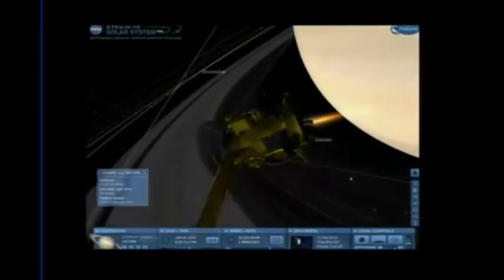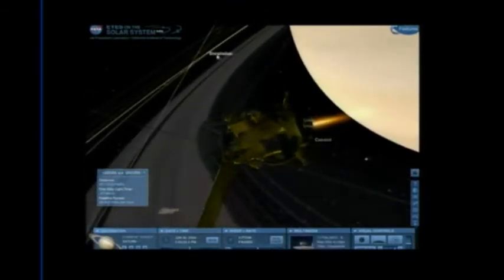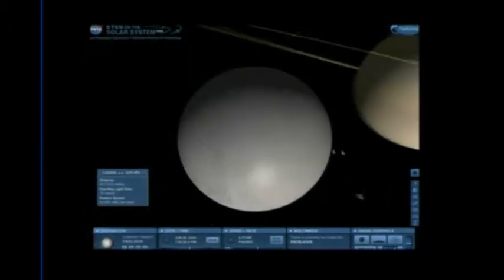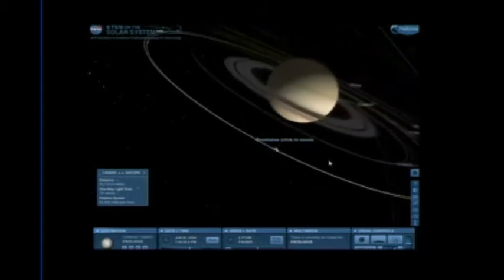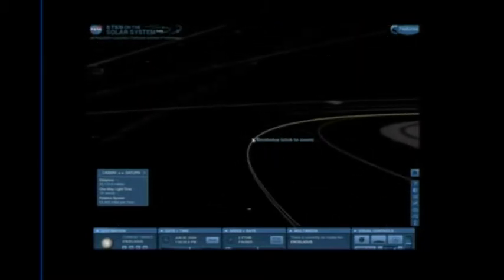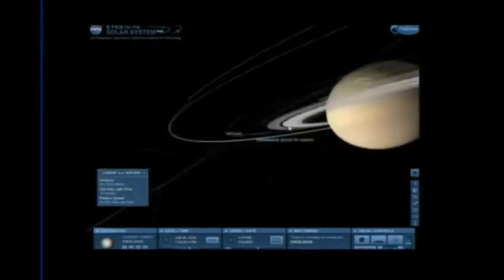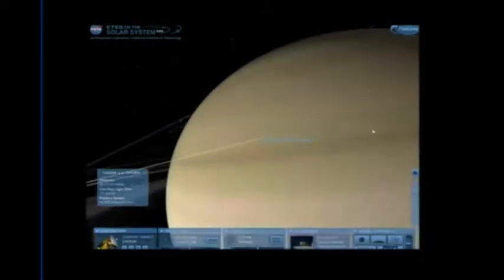And I'm going to pause again. See, now, that's what it looks like from Cassini. But if I was over on Enceladus, what would this whole scene look like? Fly over to Enceladus, look back. I'm just using the scroll wheel to scroll away. And there's Cassini, backing away. You can see, oh, it flew past Mimas, went up over the top, and there it is, above the ring plane, right? So I'm just going to double click back on Cassini and get back where we were.